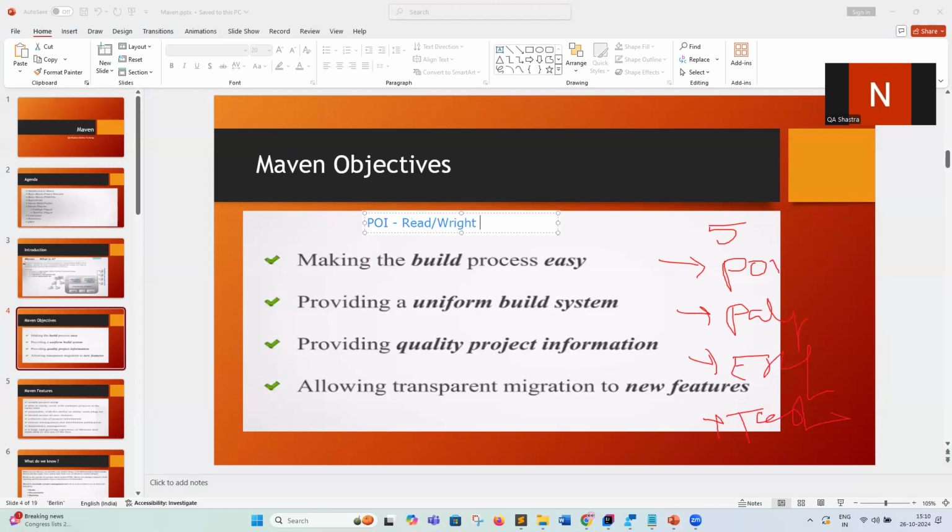Next one is Playwright. It is for automating our web UI. And there is, I told you, Extent Report, for reporting. A reporting library, and also a test engine library. So these are the external libraries which can be integrated into our project and make our